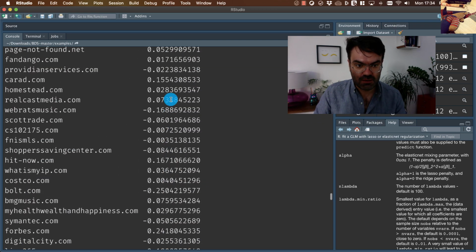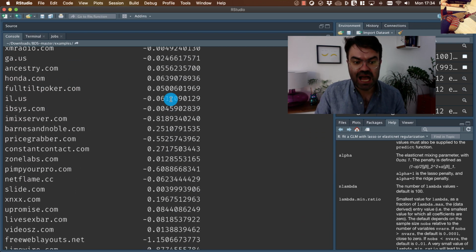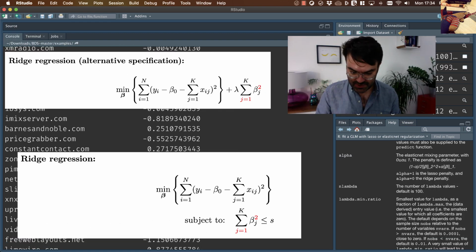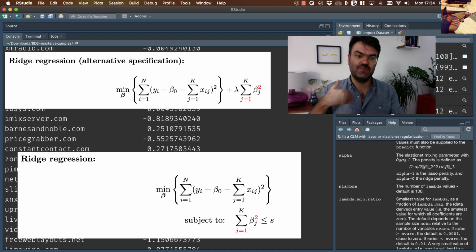And here we see that basically all parameters are different from 0. Why? This is because of the quadratic function in this optimization program that you can find over here. This quadratic function, this punishment that we take, lambda times the sum of squared coefficients,